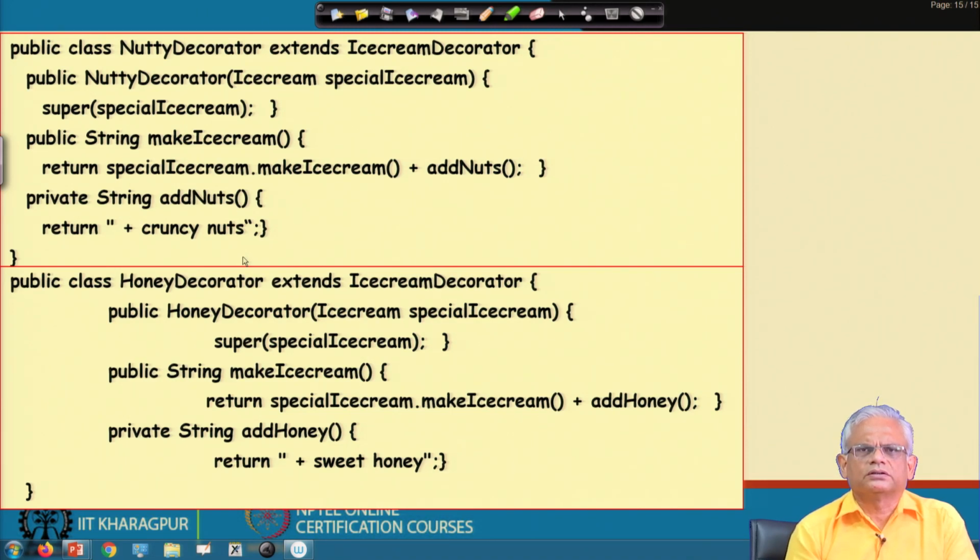Those who are inclined programmatically, have done a lot of programming using Java Swing and so on, please try to write a graphics based software where, using this basic skeletal code, you can have the basic ice cream and various types of decorators on it as the player or the user chooses different options.